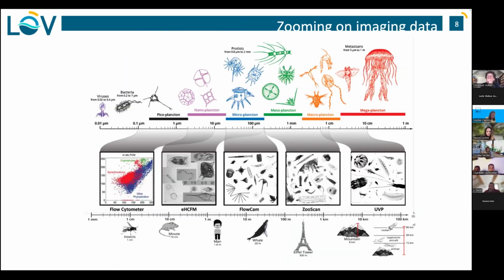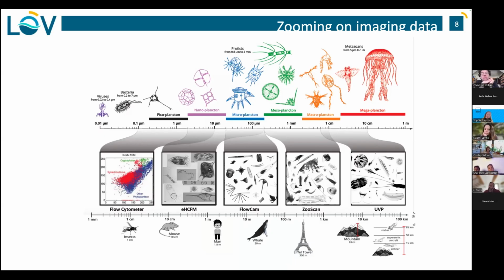So just to zoom in a bit on the imaging data, it's been quite challenging because when you look at a plankton community, it goes from very tiny cells under the micrometer, and if you go to viruses, it's even less, to something that can be as large as a few tens of centimeters for the larger eukaryotes. And so if you put that into our human scale, it would be like trying to capture at the same time something as small as a bee and the largest mountain on Earth.